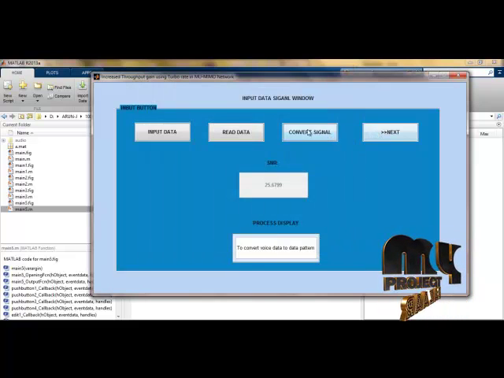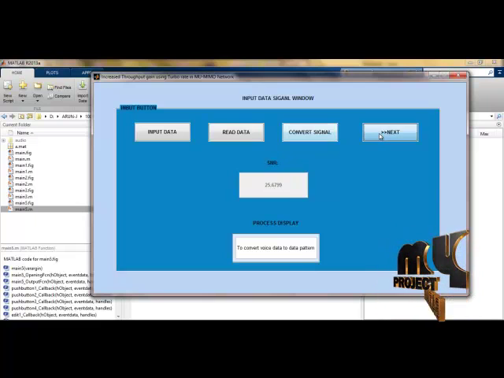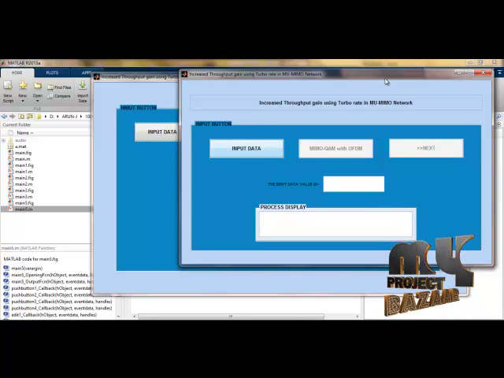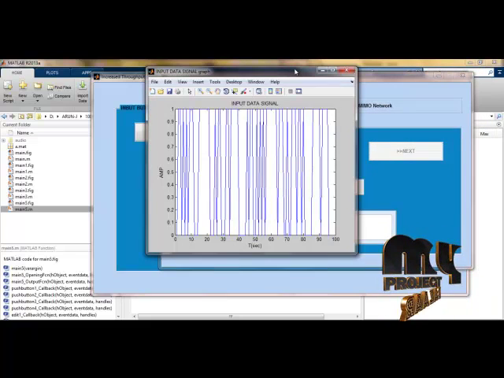Next process, here I have identified the SNR of the given input, and then I go to the next process. Here the signal is converted into data, that means binary to decimal, decimal to binary, and binary to decimal. Decimal to binary is conducted before transmission, and binary to decimal is conducted at the receiver part.